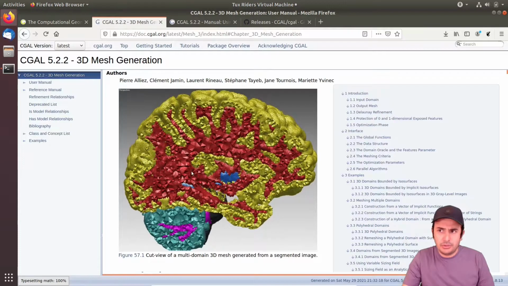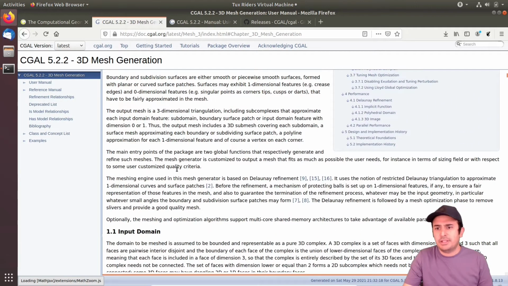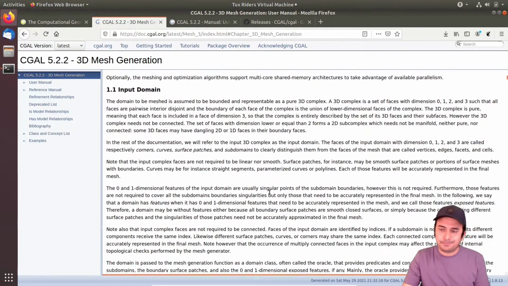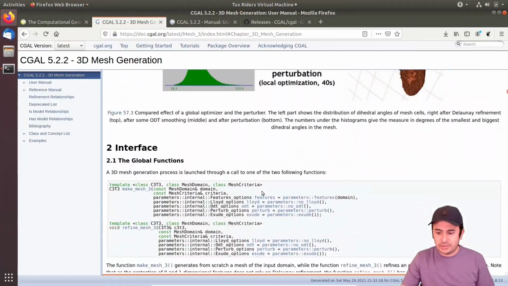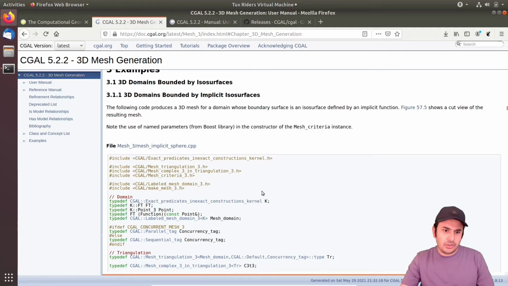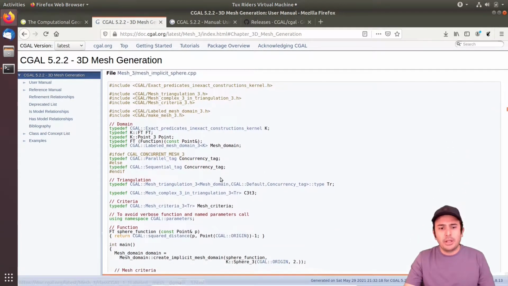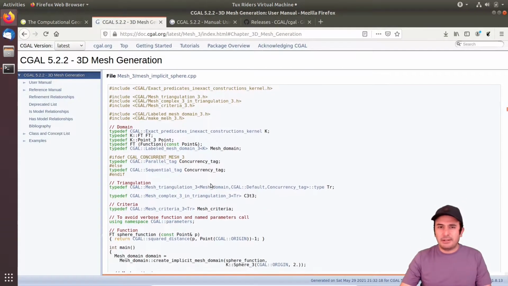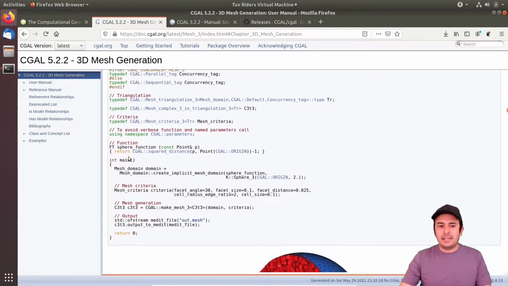So I go to the user manual, and you see that this is, for example, a very general introduction to the 3D mesh generation. And yeah, these are some concept demonstrations. A very simple code would be something like this: you call the header files, and then a couple of compiler directives to define various types, and then in the end we have the main function, and we call